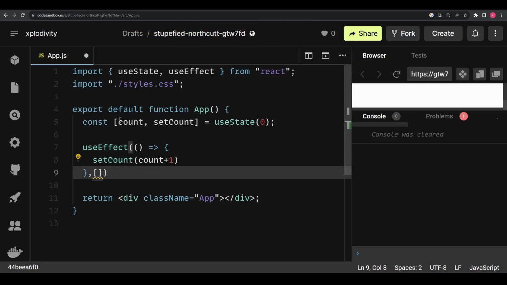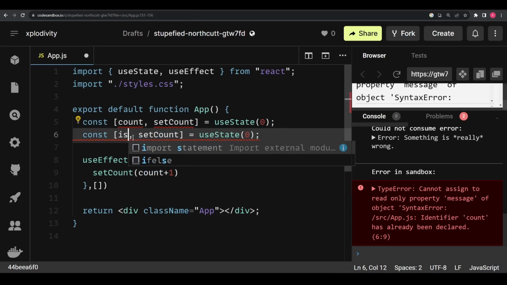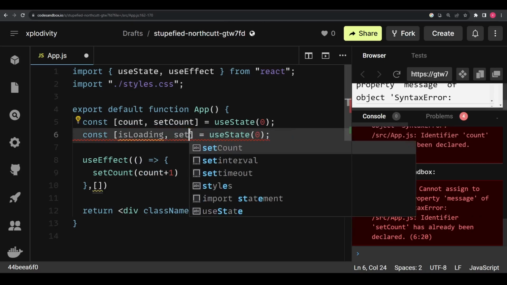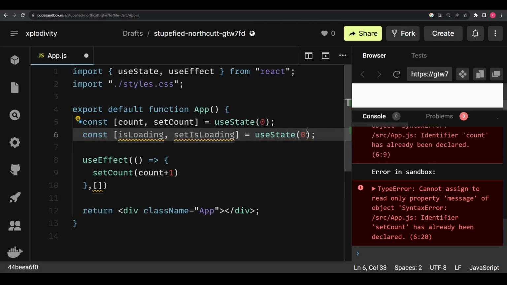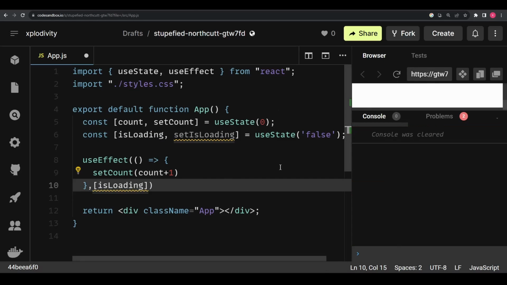loop. So for example, if instead of count and set count, we had another state, let's say isLoading and setIsLoading, and this would be, let's just add false, and then I could keep this isLoading over here, and if I refresh this, in a scenario like this, we still won't get the infinite loop occurring. Of course, I'm not using this setIsLoading anywhere,